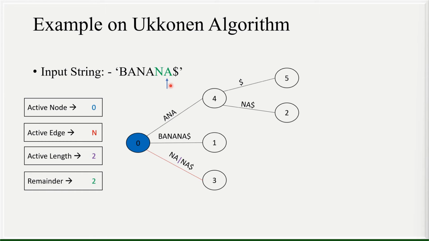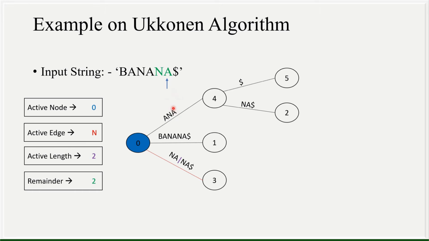Now, after A, we come across the dollar sign. Dollar is in itself a new character. Then, according to this, the second rule will come into play. Once the second rule comes into play, we have to split the string into two parts. One will be the new character which is getting added, which is the dollar. As you can see, the dollar has got a new edge now.